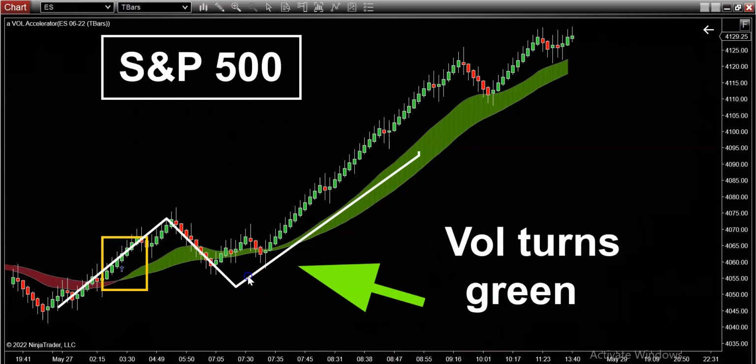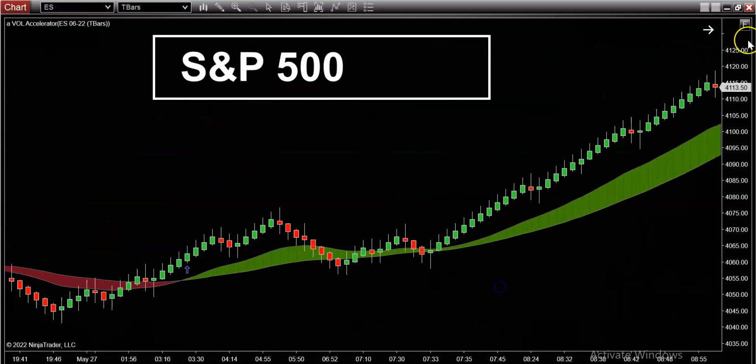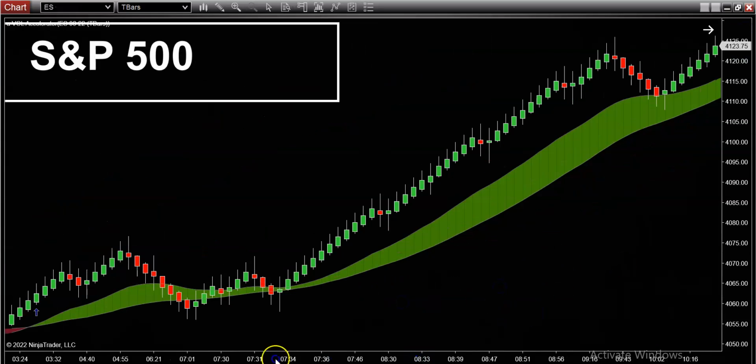Okay, so let me just clean this up here, folks. Let me just clean up the chart a little bit here. And let's go ahead and zoom in. Okay, let me fit this to scale. All right. So,